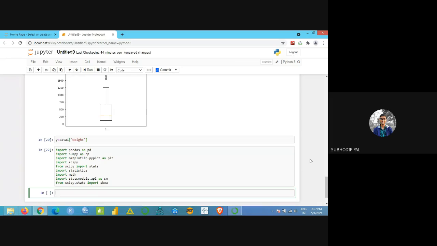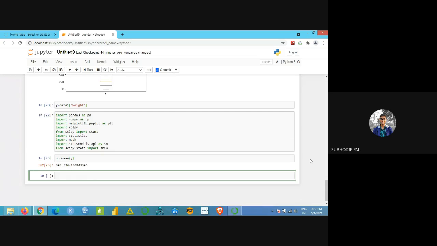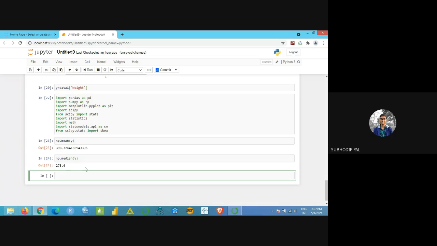So for the mean, the command is np.mean, because we'll be using the numpy library. So np.mean and I want it for y. So this is the mean of my variable weight. Same thing for the median: np.median, then y. So the median is 273.